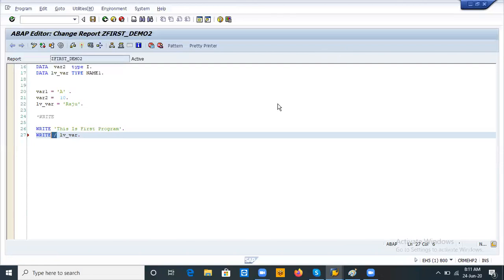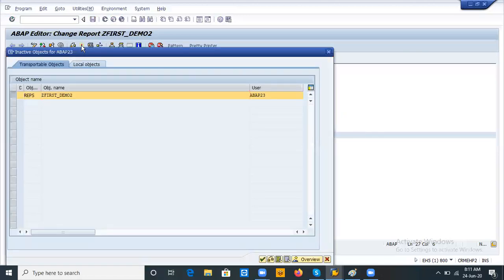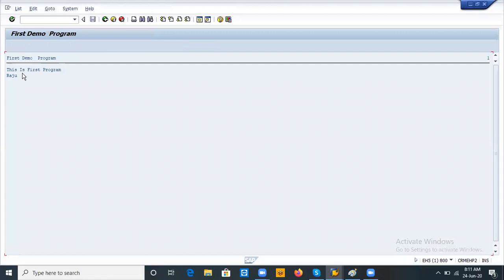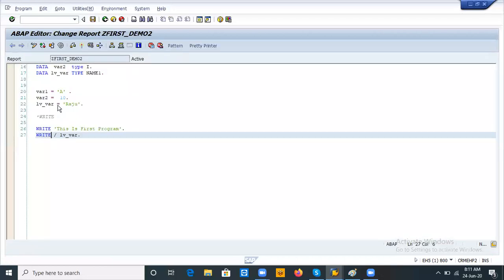So here we will get these details with the backward slash. Again we will check once more, save, check, and activate it. Each and every time, only after activation will the system generate the output. See, Raju came down. You got it? Yes, sir. So like this we will generate in real-time applications.